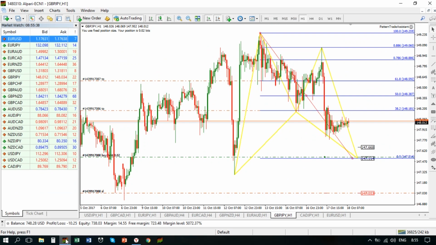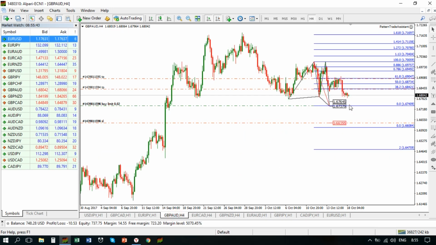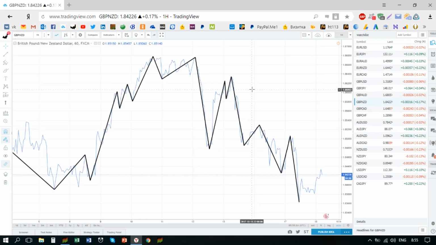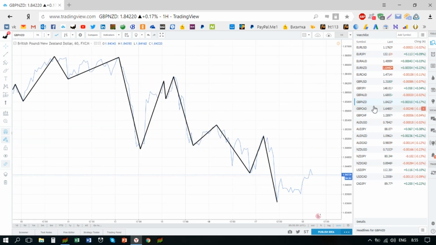Pound Aussie. Yes, more push to the downside. It is 4 hour right now. More push to the downside and it will be triggered. Pound New Zealand is being loaded. Okay, nothing here, no changes. Pound Canadian,